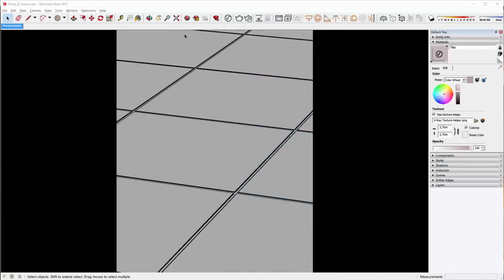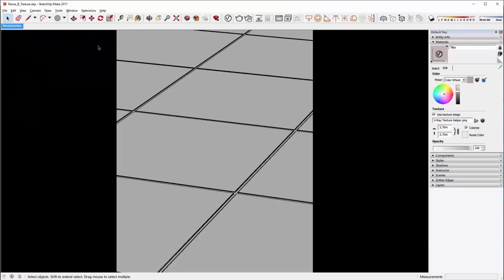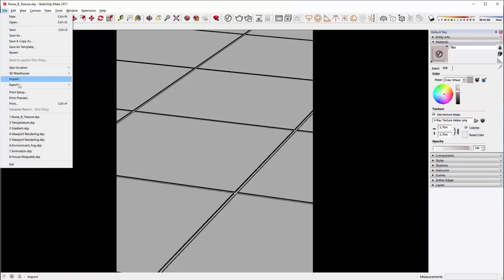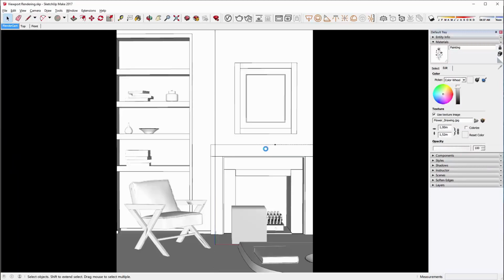which is the viewport rendering. Right now we can render in the viewport itself, and I'm going to show you with another scene that I'm going to load right now. This is the scene. And this is the new button for viewport rendering. Basically, this will enable the render inside the viewport itself. We can also navigate and do stuff. I'm going to show you just by clicking it.